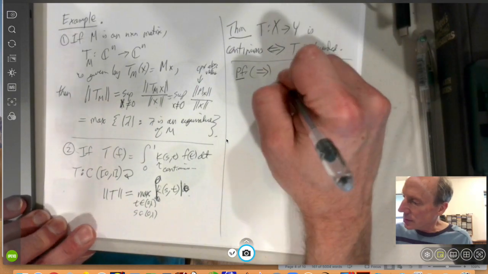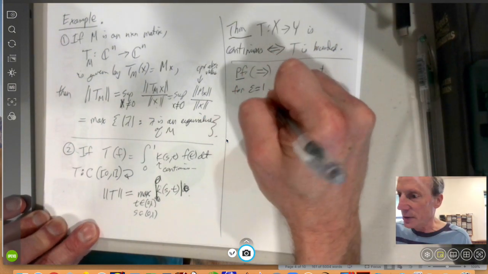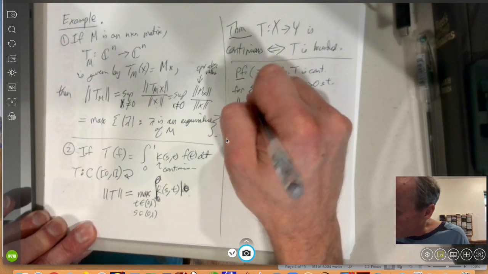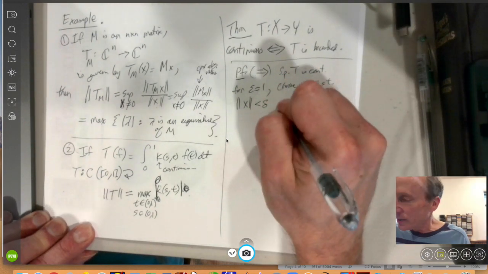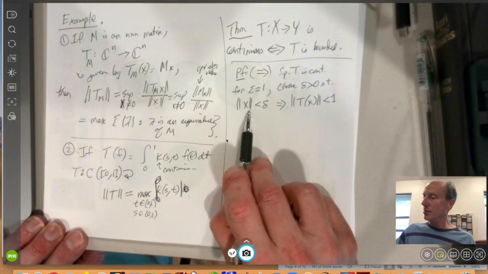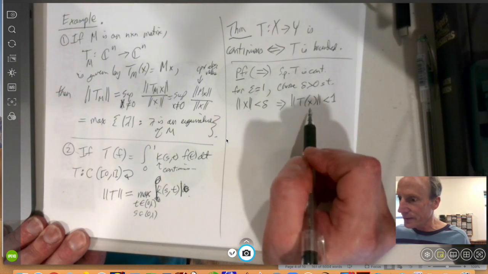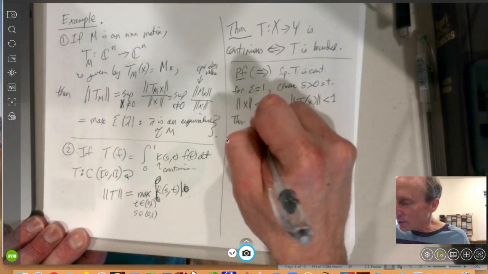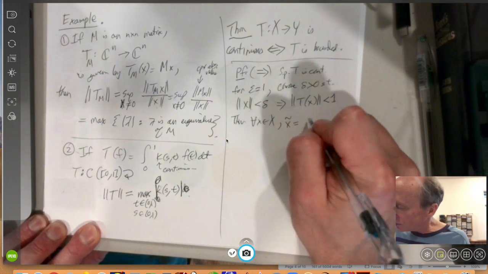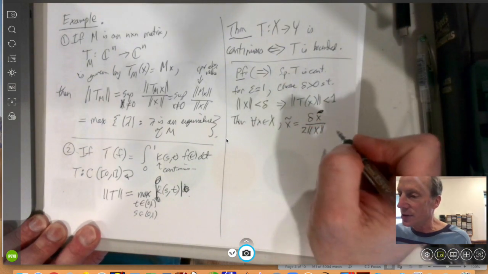So suppose T is continuous. For epsilon equal to 1, we're going to choose that particular epsilon. Choose delta greater than 0 such that if the norm of x is less than delta, that implies that the norm of T of x is less than 1. Again, this is the norm on X, this is the norm on Y, and we're using the fact that it's continuous at 0. Then, for all x in X, if I take x tilde equal to delta times x, divided by norm x, and I'm going to divide by 2 also, the obvious choice, then